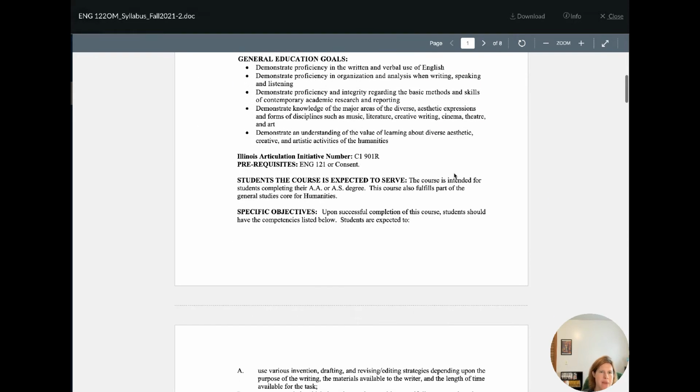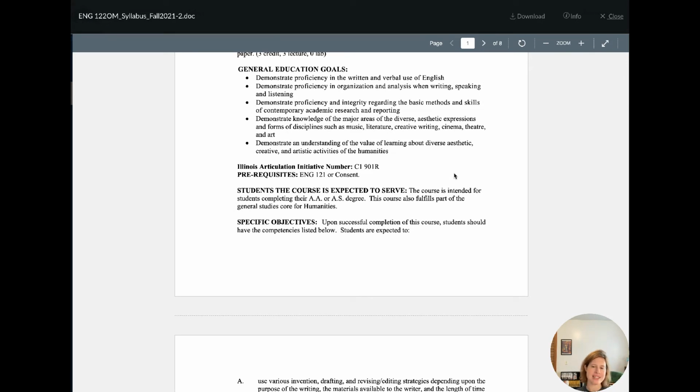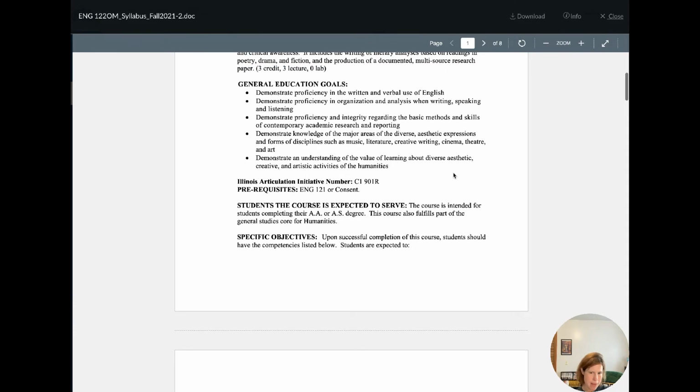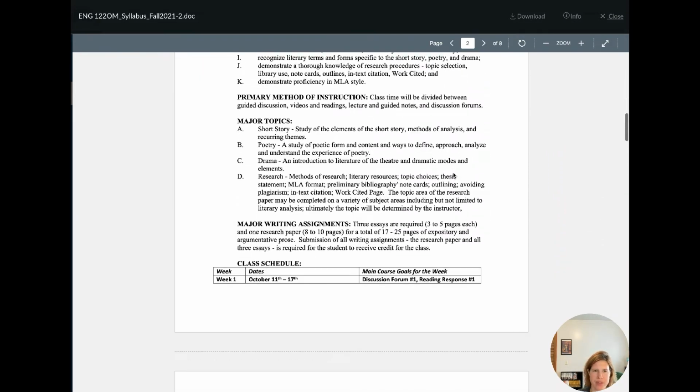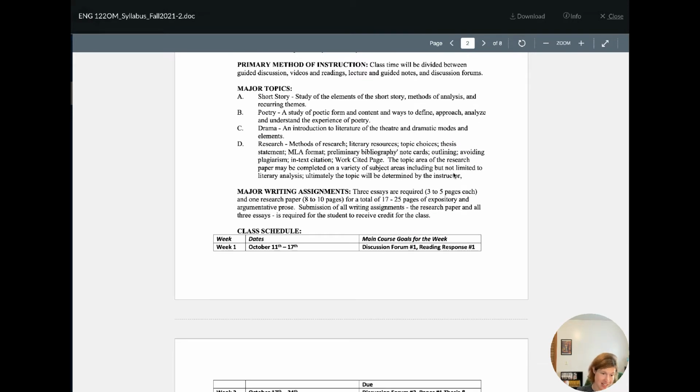If you scroll down, I'm not going to read all the course objectives, but this class is really an extension of English 121. In English 121, you learn how to write informative, persuasive, and argumentative papers, and this extends that type of writing into analyzing literature, which is pretty cool. We have four papers in this class: a short story paper, a poetry paper, a drama paper, and a research paper.